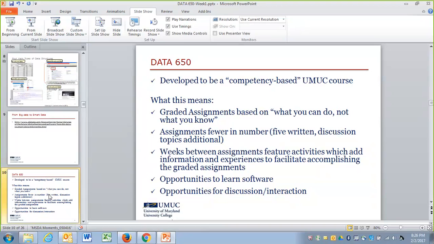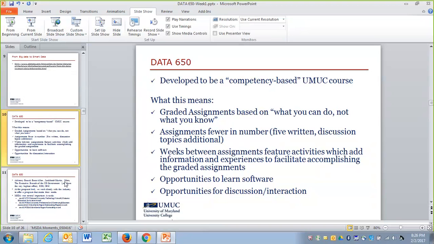So now I'm transitioning to the course directly. My plan is to answer questions after the presentation, which will take 10-12 more minutes, and then we transition to answering questions. If you have questions right now or you are afraid you're going to forget, just write in the chat room and we are going to answer shortly. So with no more delay, in this complex existing environment, let's put forward our course, Data 650.